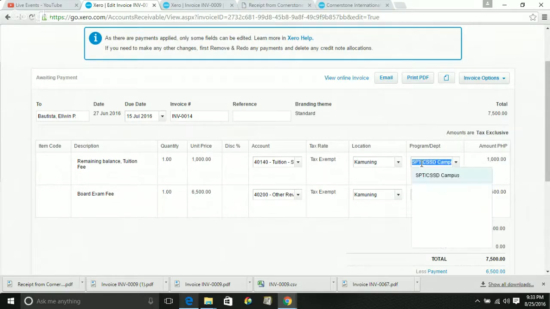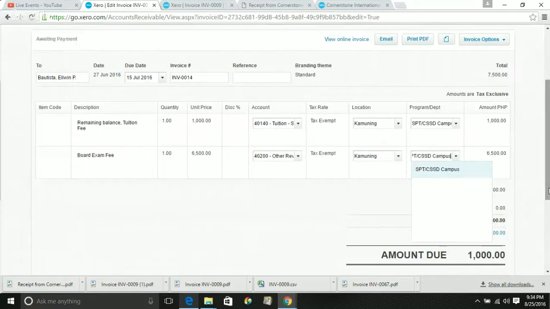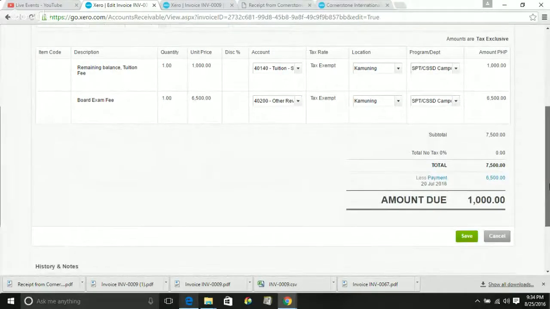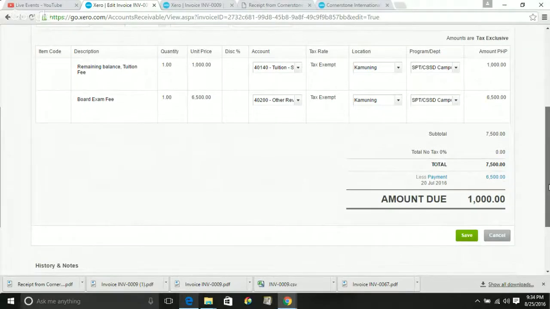See, what's the difference? Once you have made the payment, the add lines is no longer available. So what is advisable